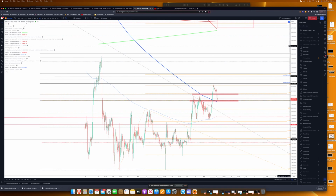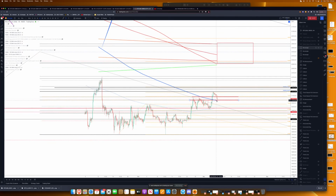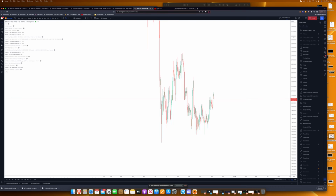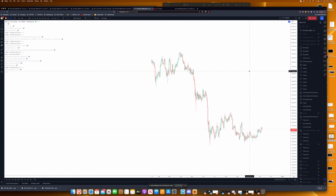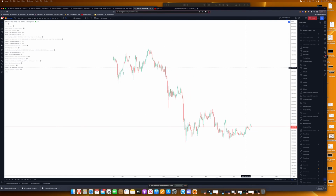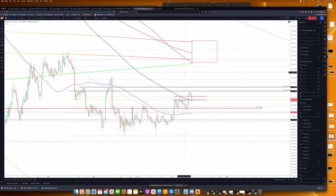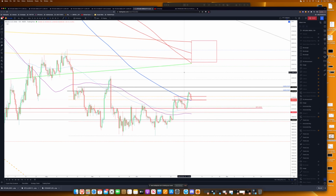Just to give you some context, we have good support levels on the daily, and the 21 moving average is probably the main one. If you look at the 21 moving average, guys, I'm just having a bit of trouble with my chart. It's been about 15 minutes and it's not updating well. So I'm going to cut off there, and I think I've covered most of the topic as to key